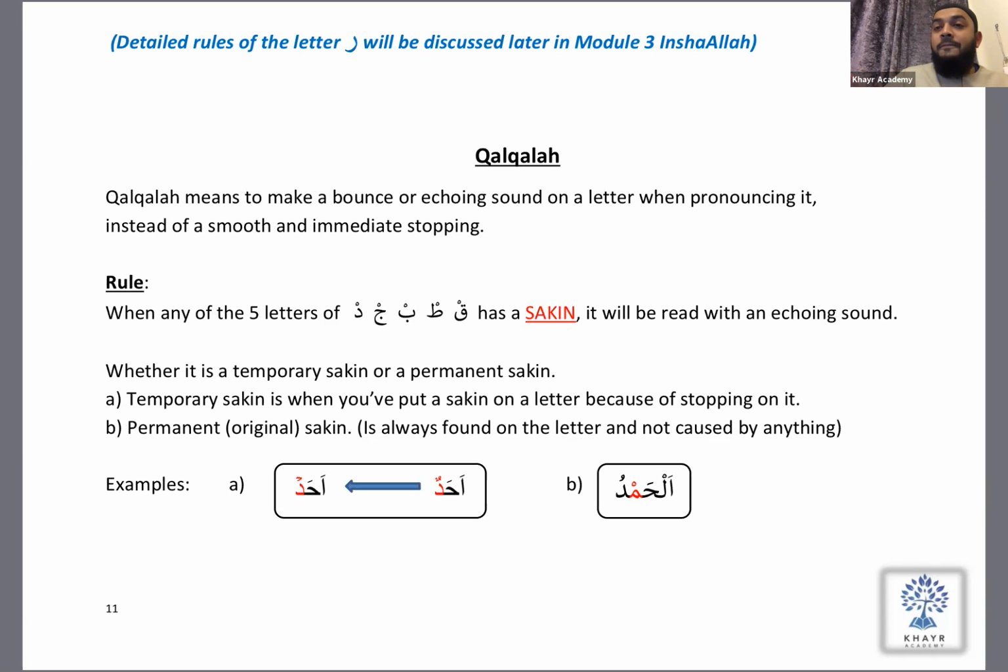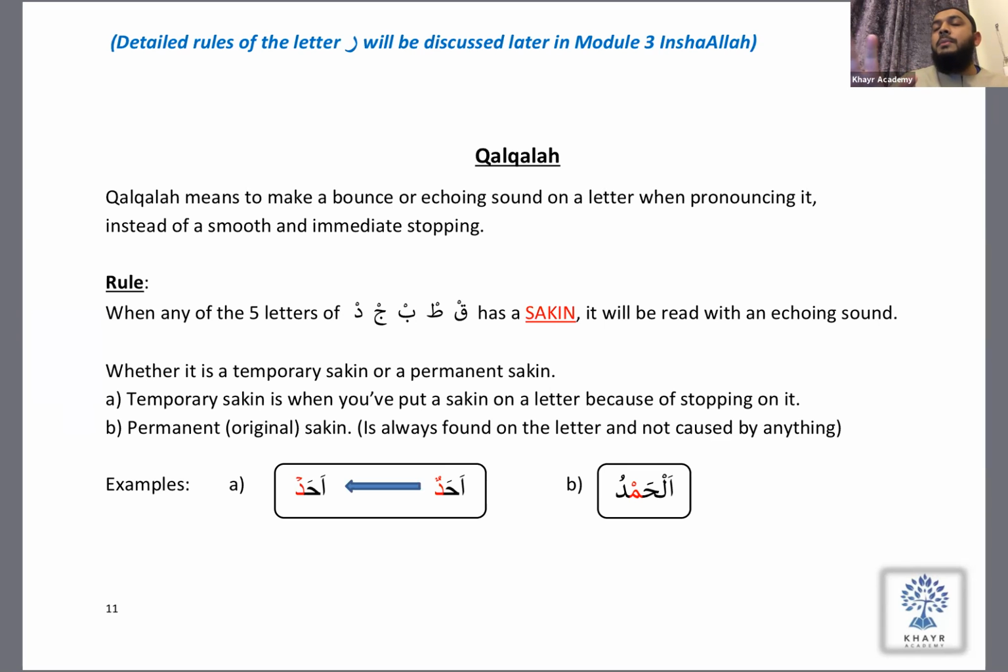I'm going to ask Brother Fahim this question. Imagine you were meant to make a Ra full mouth, but someone didn't make the Ra full mouth and they made it empty mouth. Does that become a big mistake, a major mistake, or a minor mistake? I think it's a minor mistake. Yeah, it's a minor mistake.